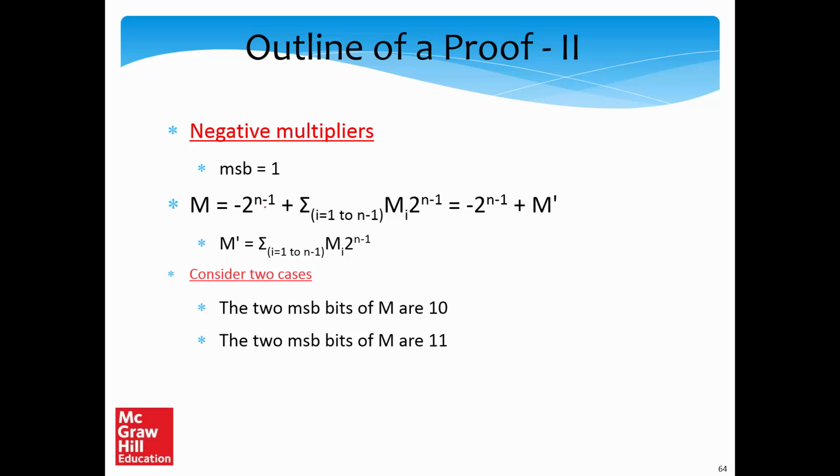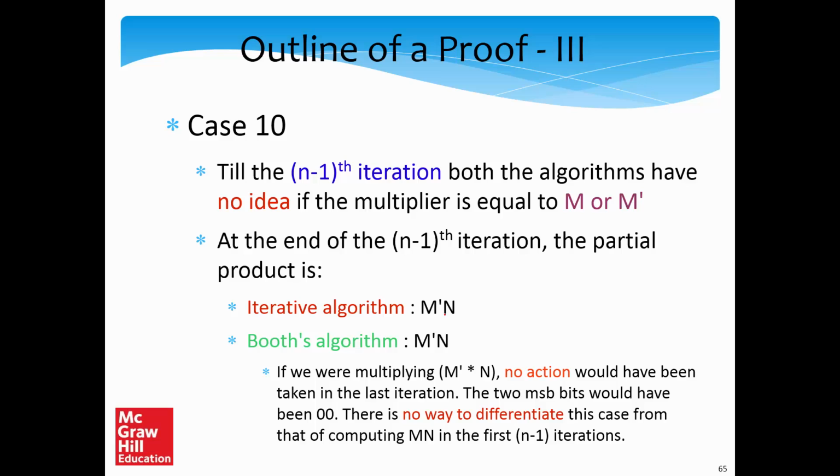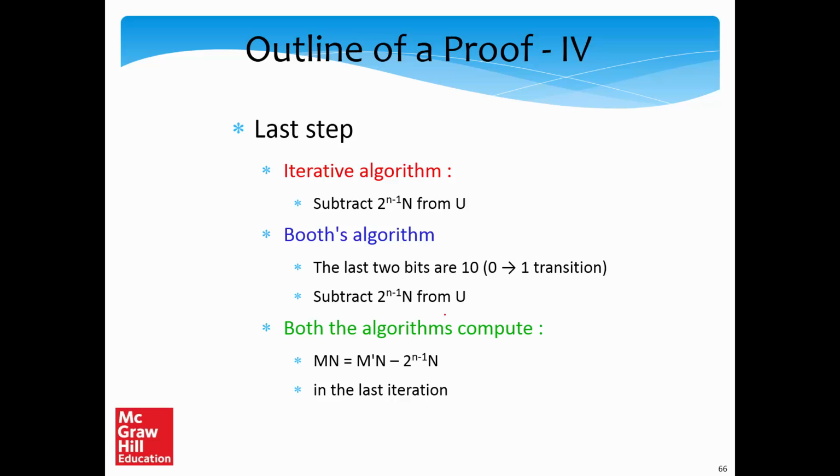So the main problem comes when we have negative multipliers, and then we further divide it into two subcases: when the MSB bits of the multiplier are 1, 0 and when they are 1, 1. I'll not discuss these because this is fairly complicated, but the main idea is that it is possible to prove that Booth's algorithm works correctly when the multiplier is negative, as represented in a 2's complement fashion. But how it's done, it's better to take a look at the book, and even